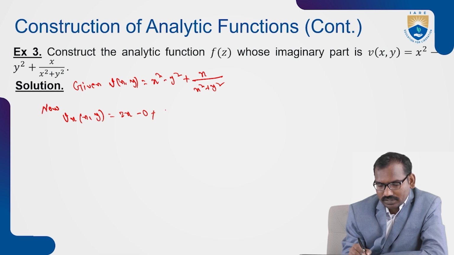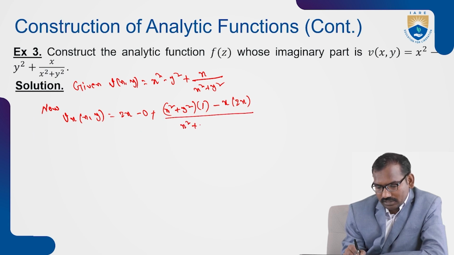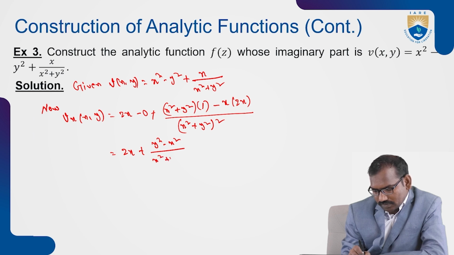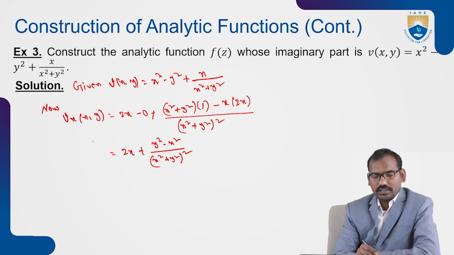Write the plus, take the numerator x square plus y square, and do the derivative of x, and you will have only one minus, keep x aside and perform the derivative for the denominator, which is 2x, and you take the denominator whole square. Now you can have 2x plus y square minus x square by x square plus y square whole square. This is v sub